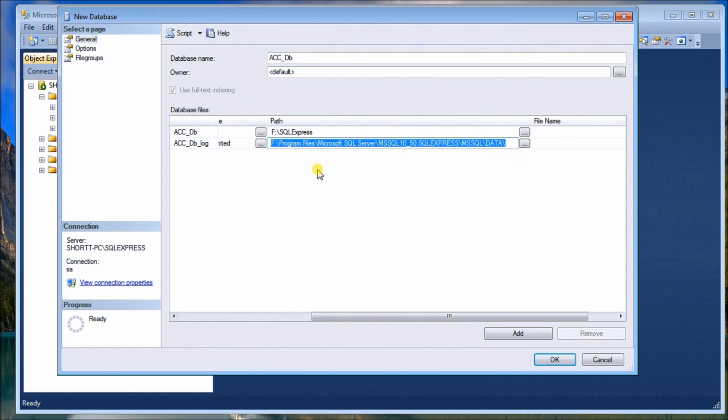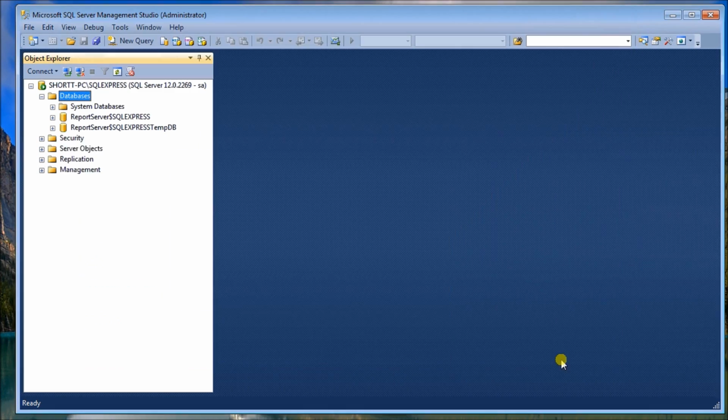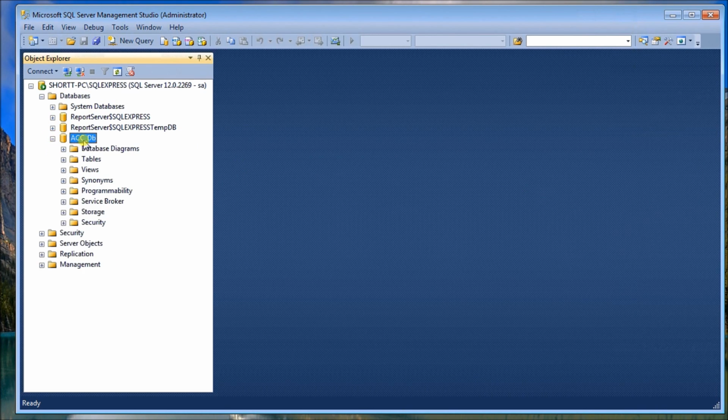And we will also put it on both. There we go. So now I've created my database and I've got my paths on. So what I'll do is I'll hit OK. And what that's going to do is it actually puts a database right here. So there's my new database. And what you'll find is that it has my